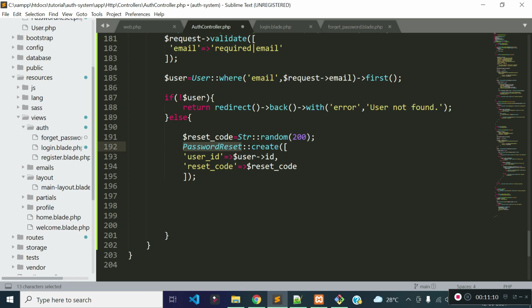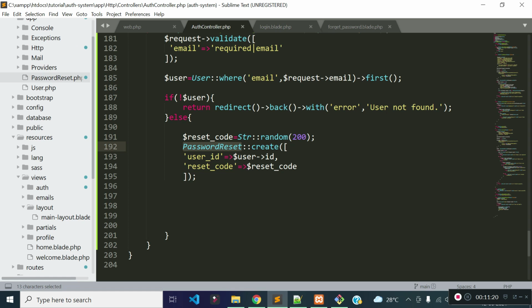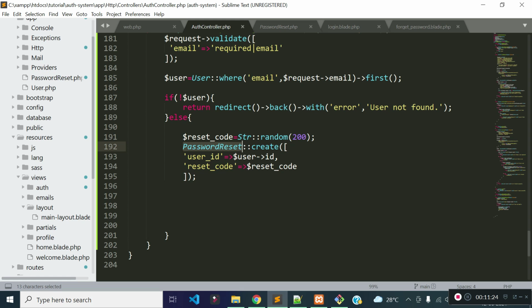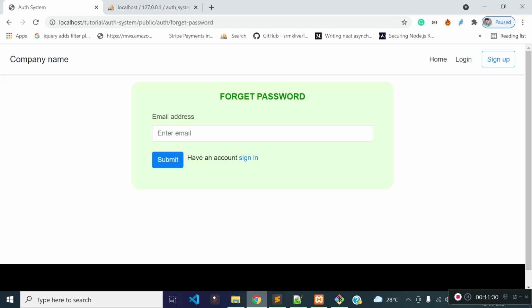First of all, we have to add some fillable property to our forget password reset table. So let's open our forget password model. If we do not add some fillable property like user ID and reset code to our password reset model, it will throw an error. Okay, let's try this.